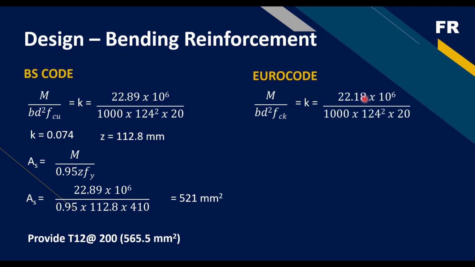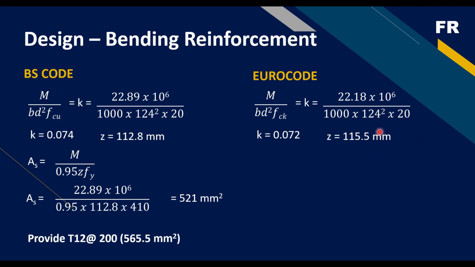So substituting our moment of 22.18, d of 124, fck of 20, at the end of the day our K is quite similar to that of the BS code, but now it is 0.072 because of the slight reduction in the bending moment. So from here we can calculate our Z,